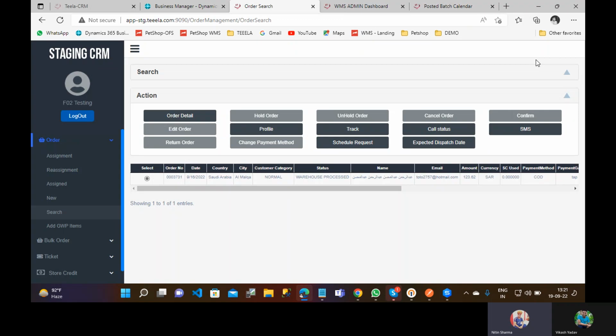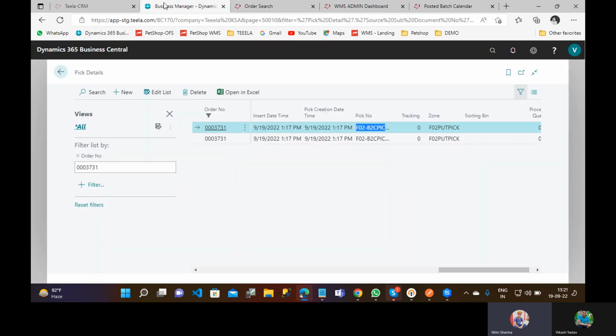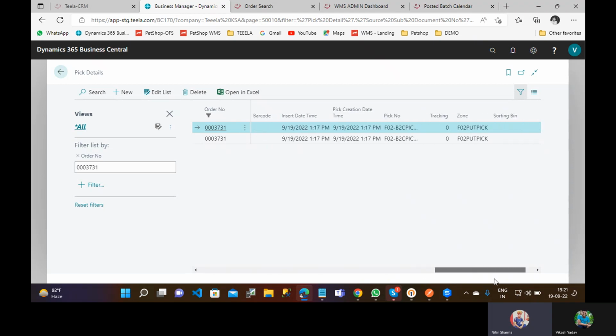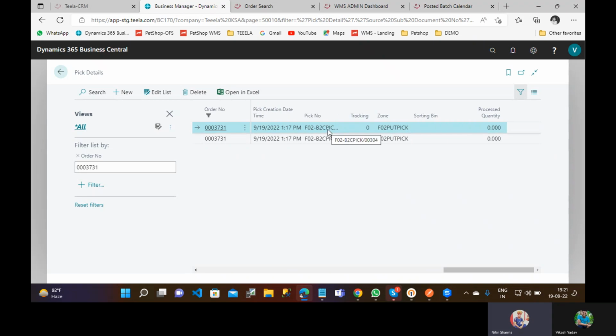First we check in Nav whether this order's pick is created or not. We can check with a filter of order number or item number, whichever filter you want. You can apply the filter here with the order number 0003731. The picks are created and the pick number is also generated. After that, we check the pick number to see which device it is assigned to.